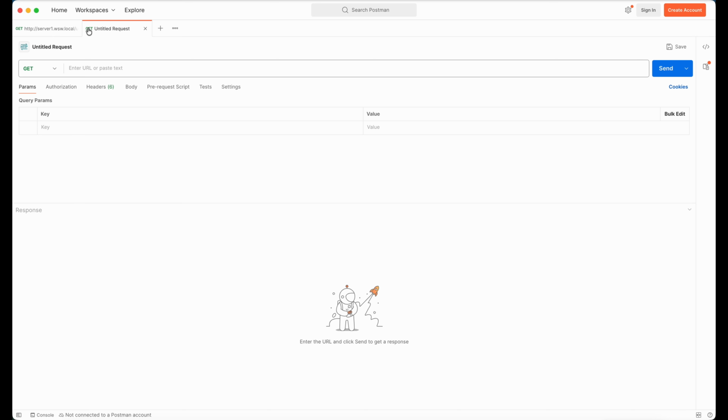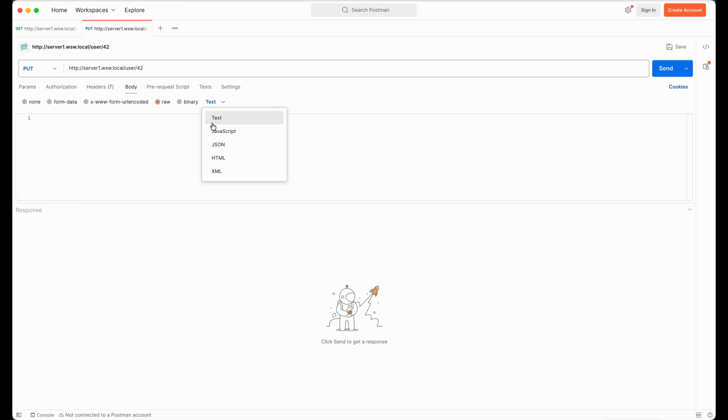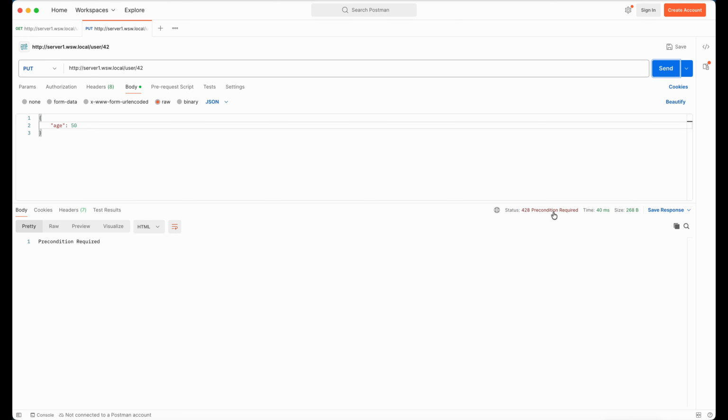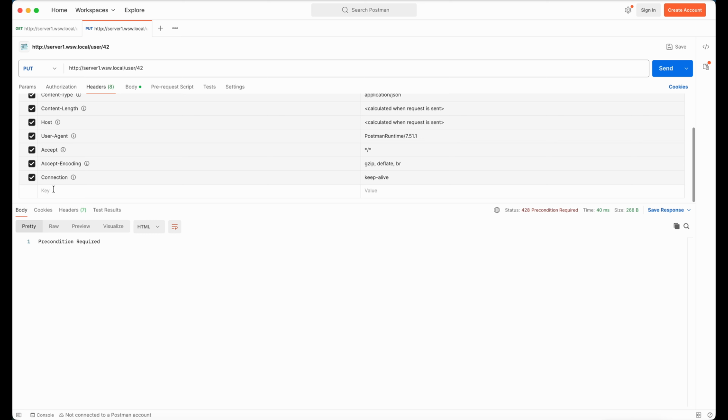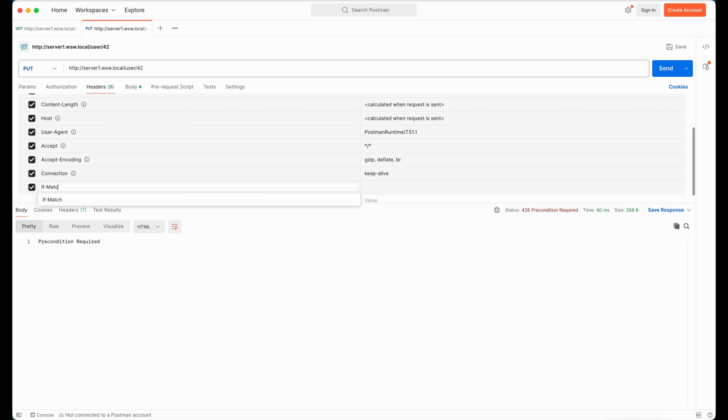A PUT operation is normally used to update part of the resource, so we'll attempt to do a PUT with the new value. This results in a 428 Precondition Required. This is an indication that we must include an If-Match header to specifically indicate the version of the resource we're trying to update. Checking back with the GET result, we see that the response included an ETag header, which